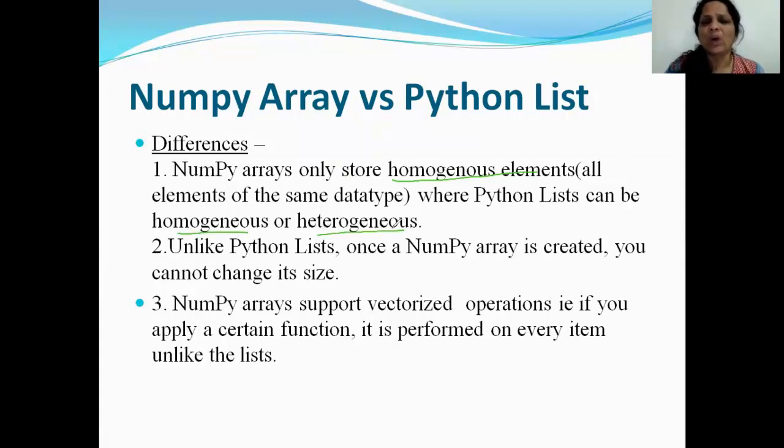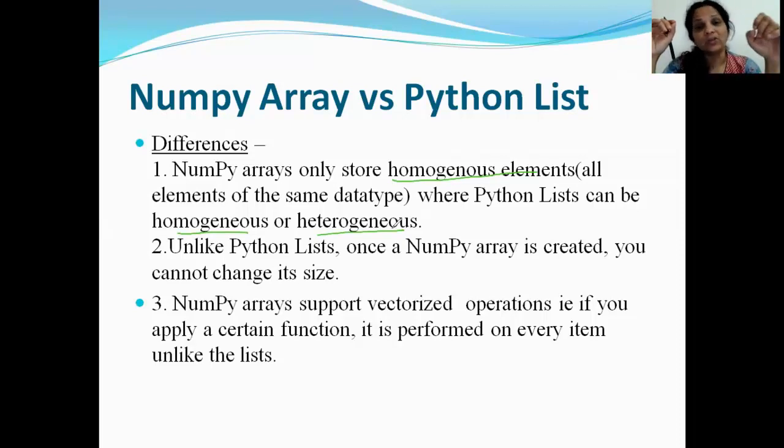Now you might be thinking, why am I not saying Python array? Because this array concept that you're learning now is not directly implemented in Python. We are importing external modules, and that module is helping me to create arrays in Python. So in Python, the list could be homogeneous or heterogeneous, but the NumPy arrays are only going to be homogeneous, of the same kind.